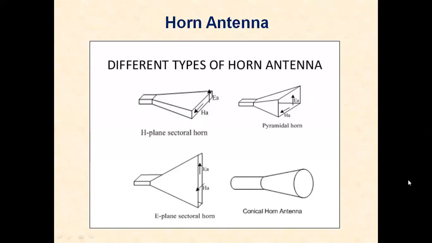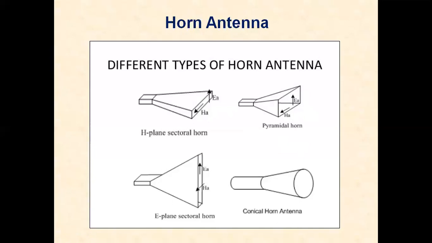A small portion of the energy will be radiated. The reason is mismatch at the end of the waveguide with the space. If the mouth of the waveguide is opened out, the drawback of the mismatch can be avoided. So if you are opening, more flaring is there, more amount of energy will be radiated into space. When the waveguide is terminated by a horn, the abrupt discontinuity is replaced by gradual transition and impedance matching is correct. And also all the energy travels forward and will be radiated.